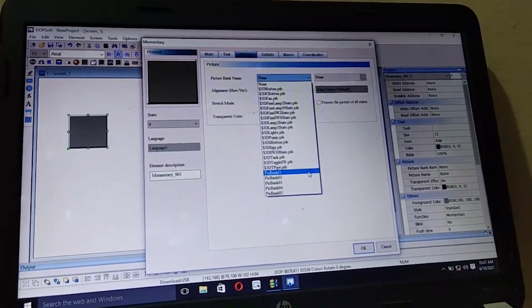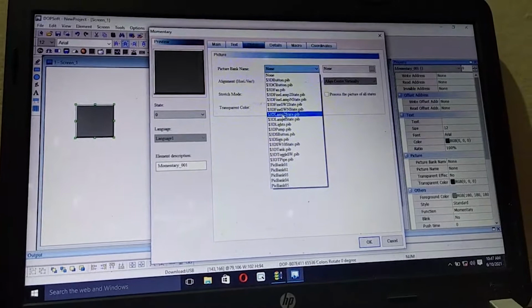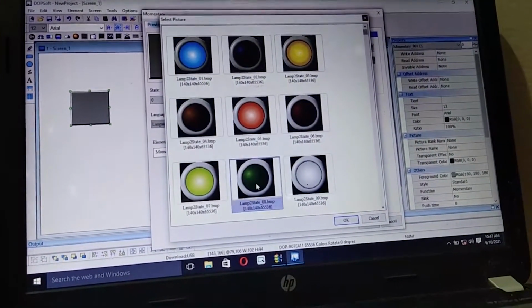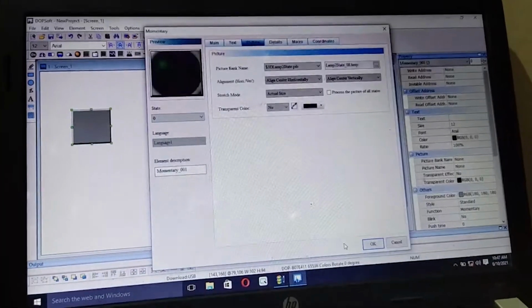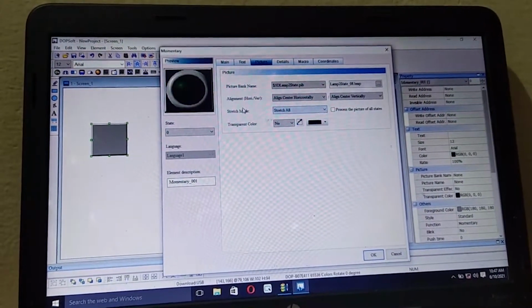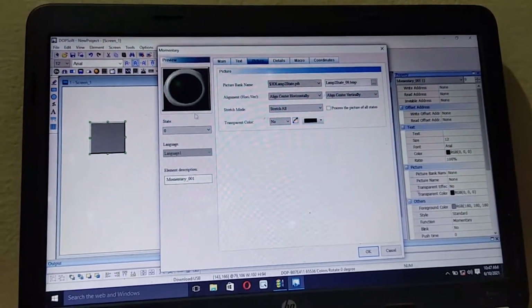I need to take a picture. You need to stretch this picture, then only you can get a clear view of this picture.